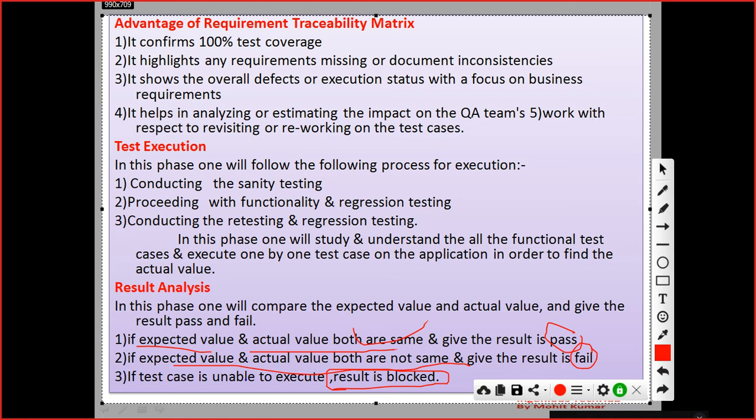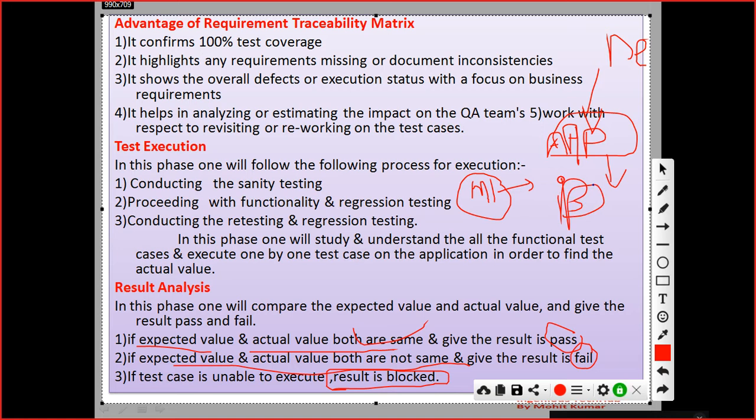What happened? I am working on some modules, and for these modules I need some test data from my application. But the application team or developers are going to make some major changes to this application, and this application is blocked or down. It is too big, this application will be down, right?